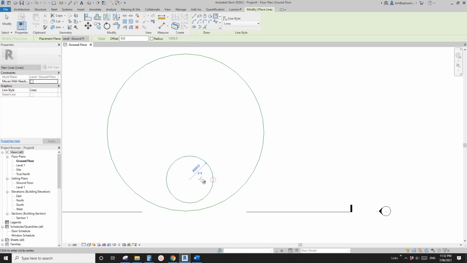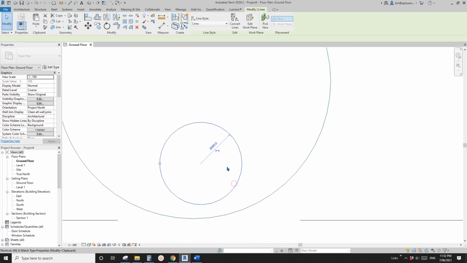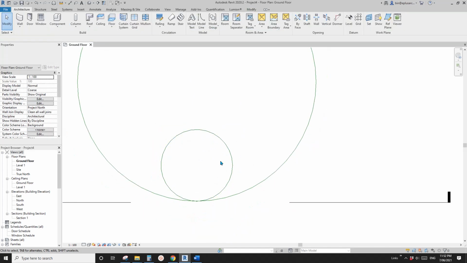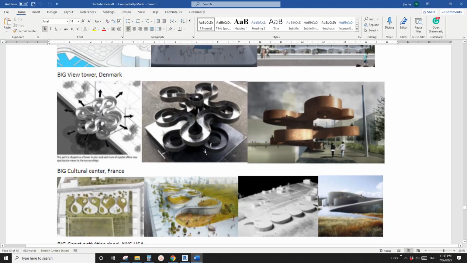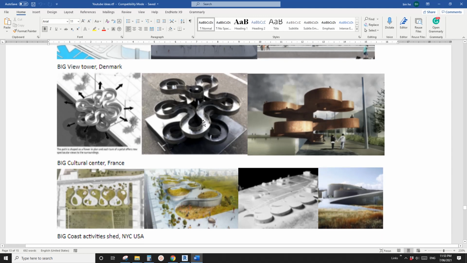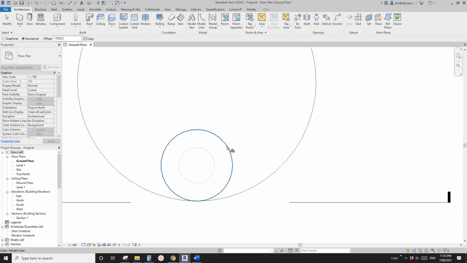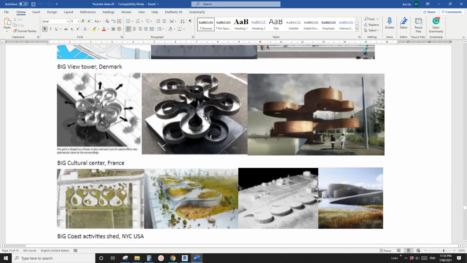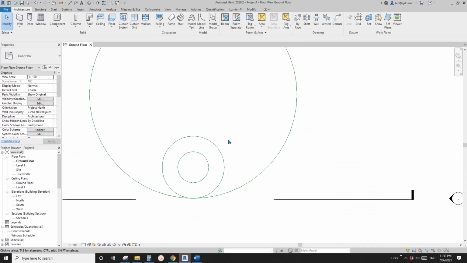roughly 3-meter radius. I'm going to just move this to here, and then I'll offset 1.5 meter, because I'm going to model it as 1.5 meter wide. So 1.5. This will be one of these circles,